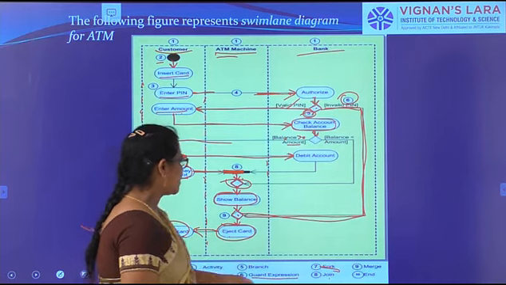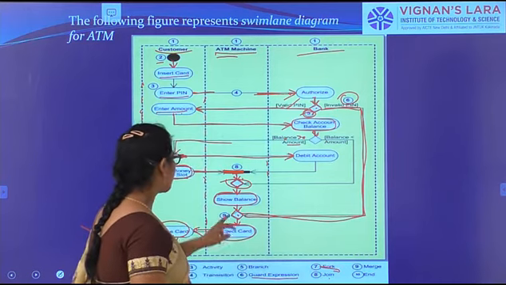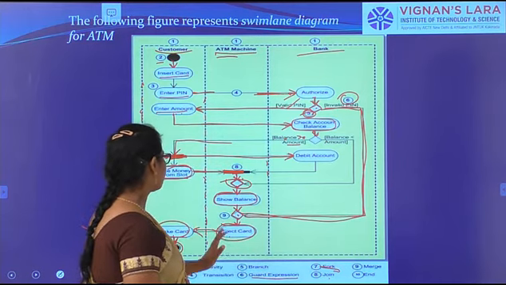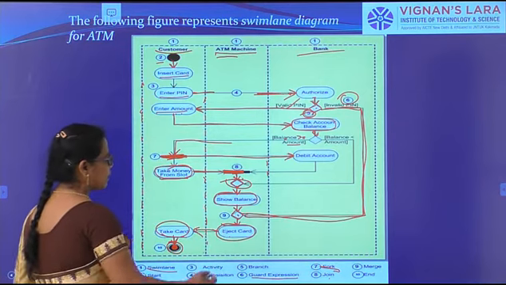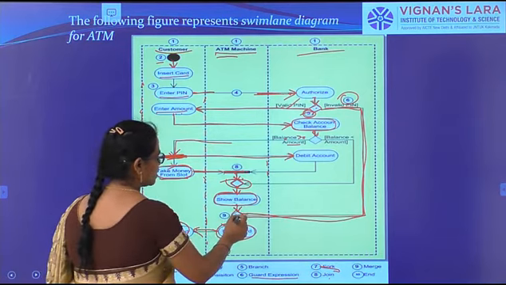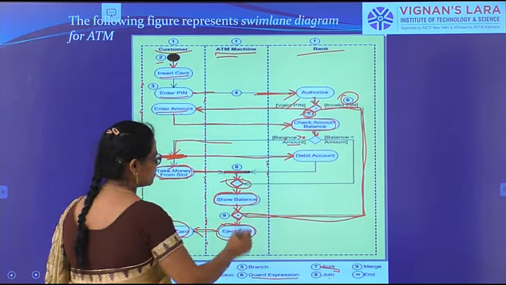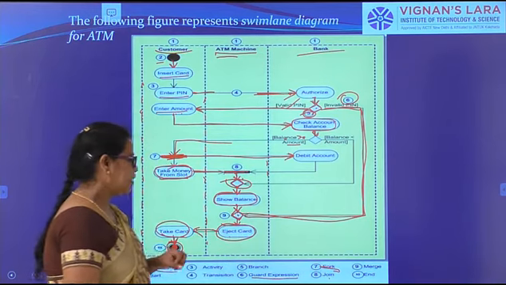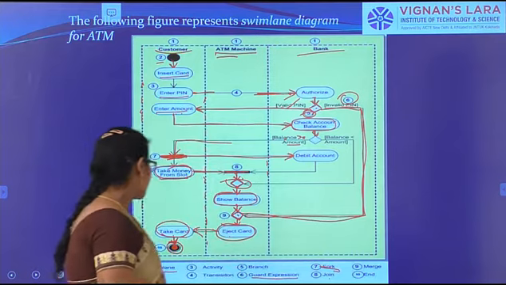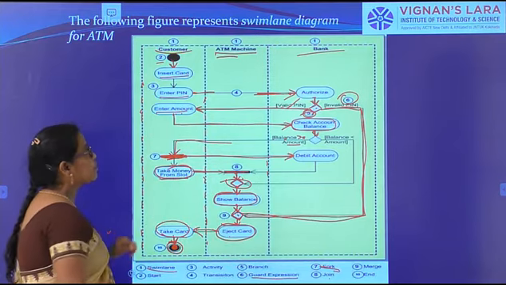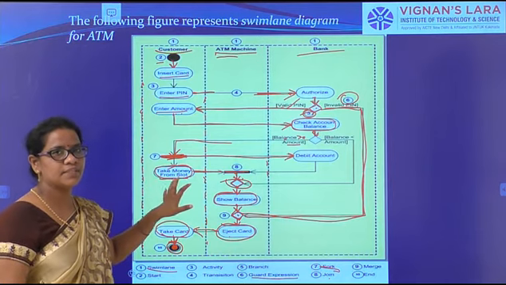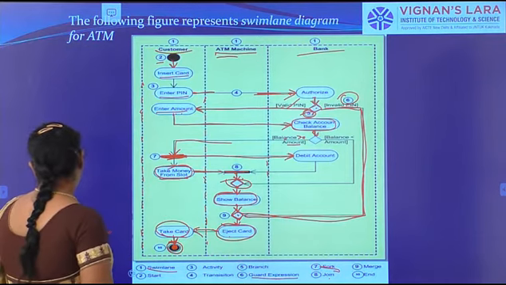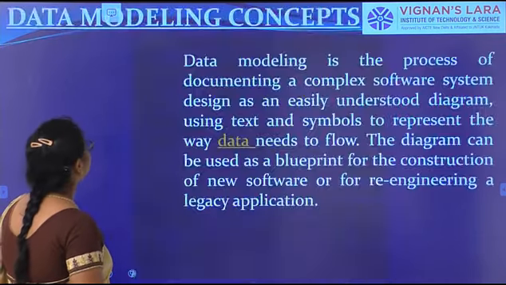Okay, and next, ninth one is a merge. Here it is dividing; merging means combining. So this decision is making some merge. And last, 10th point is the end point. So this is the activity, the full form of the activity diagram. Okay, so for the ATM machine, this is the activity diagram.